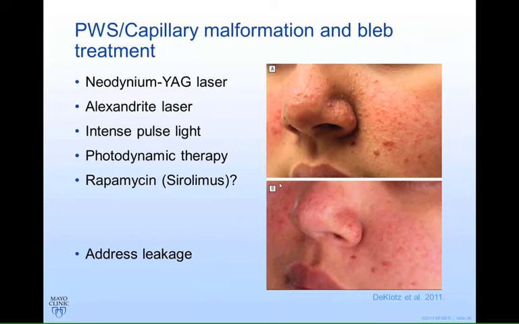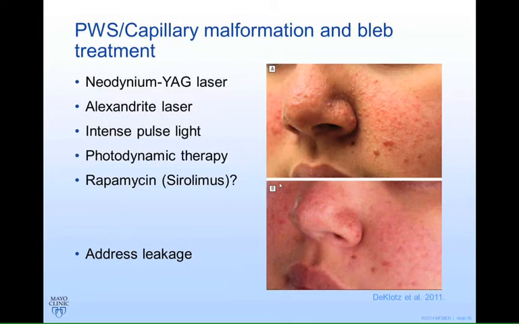Sometimes the laser treatment's just not enough, at least with the pulse dye laser. So we do have some other options. There are a couple of other lasers that have a bit of a different wavelength, and they may target the blood vessels a bit better, but they also have the option for a little bit more collateral damage, and so it could potentially do a little bit more damage to the surrounding skin. But there are so many lasers out there, and only some of them will actually treat the blood vessels, so we really want to focus on those.